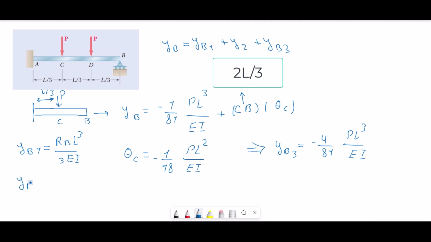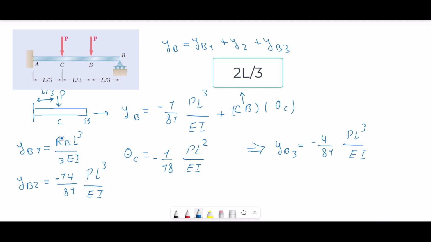And we found that y of B2 is equal to minus 14 divided by 81 P times L to the power 3 over EI. And now here, if we look at these equations, we see that the only unknown is R of B, and that's exactly what we wanted,